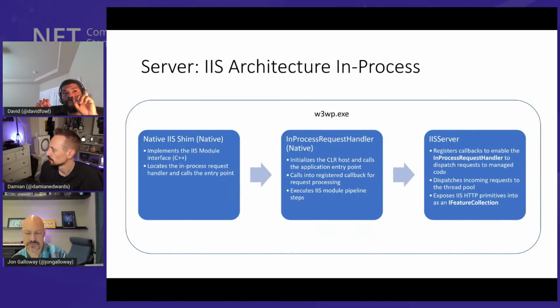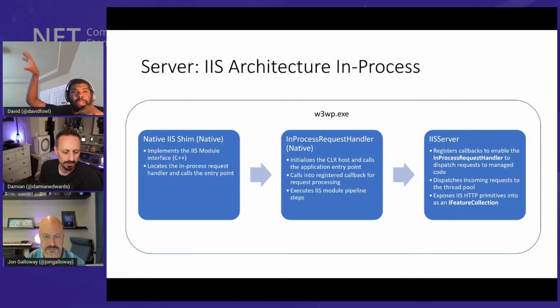another shim that is native called the request handler, and it could be in proc or out of proc. That thing will initialize the CLR, it will host the CLR, boot up the entire thing, run main, and then it'll boot into ASP.NET Core's typical Program.cs logic. The implementation of the IIS IServer, what it does is it basically wires up all the callbacks required to handle requests